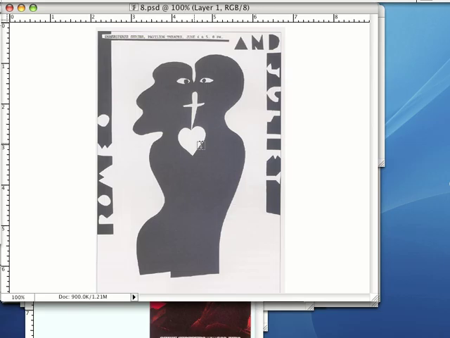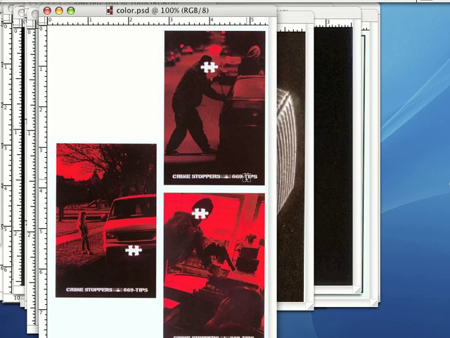This, I thought, was an effective use of color contrast, utilizing the white space to draw our attention to the missing piece of the puzzle. You'll notice that there's an effective use of contrast to draw us to the most important part of each one of these posters. And the idea, of course, being that if we have that missing piece to the puzzle, then we can solve the crime, and then we'll basically be able to call this number and